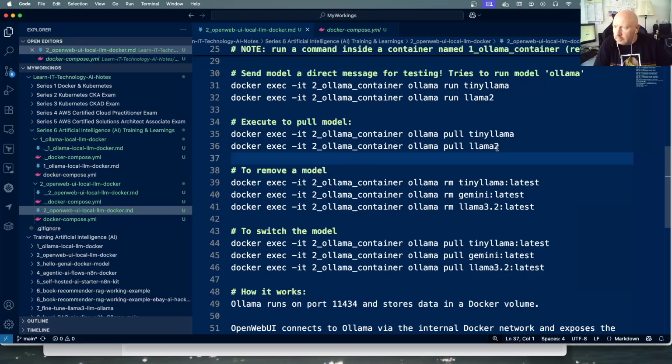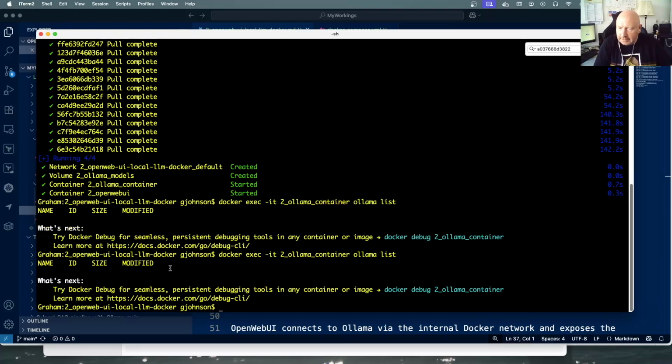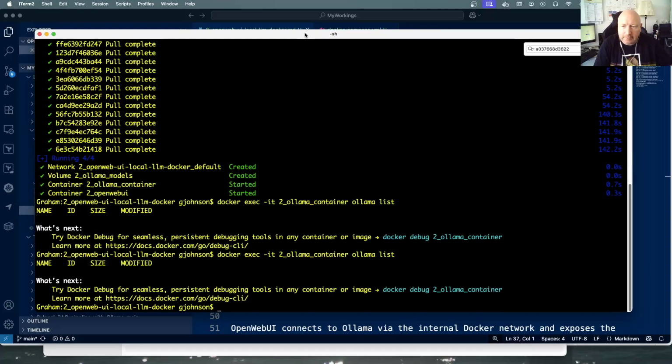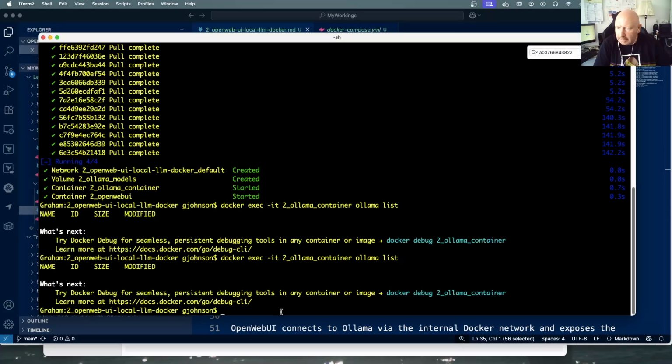Okay, so I'm going to go back to my command line here, and I've just run this command to list out my models. This time I'm just using a second container for Ollama, but ollama list is basically saying that I don't have any models here. So, same as we did last time, we need to pull down a small model. This time I'm going to pull down TinyLlama,